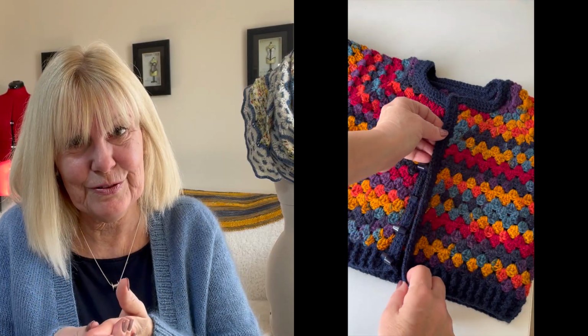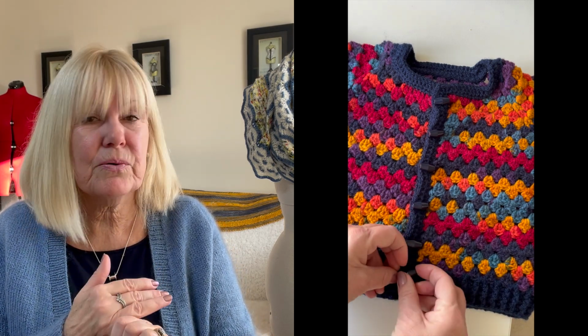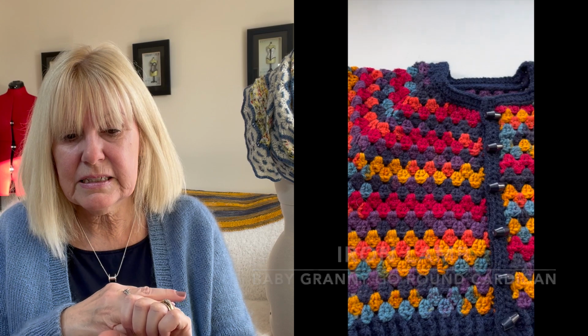So here is a photo, and here's some videos of my little grandson wearing his baby granny go round cardigan, and as his granny I felt very lucky and precious making it for him. Now the pattern is by Iron Lamb. I bought the pattern on Ravelry, but she also has her own website as well as Ravelry, and I loved it. It really, really ignited my crochet love again, and it was well written, it was quick to make, and